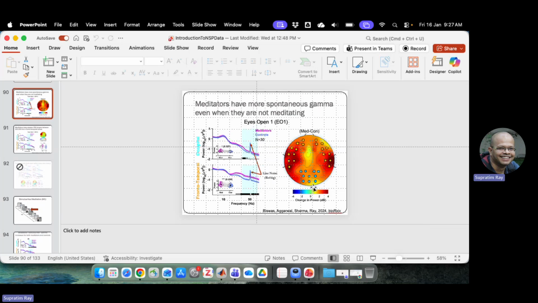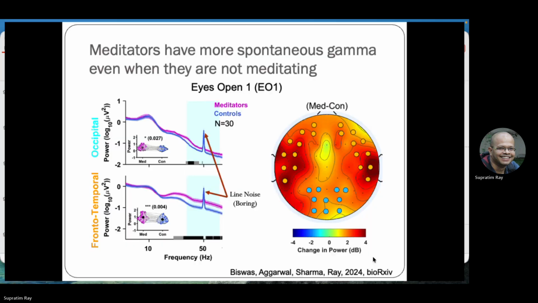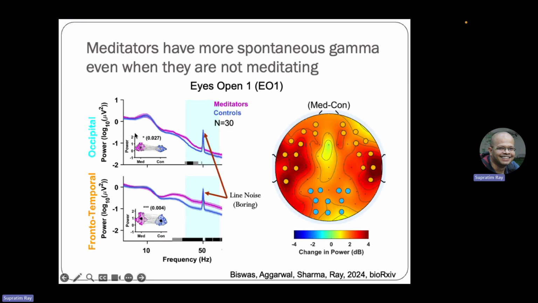Spontaneous gamma. This is the EO1 condition. These are the two PhDs. And here, this is the change in power computed between 30 to 80 hertz. So I can actually get these bar plots. Whatever I showed you, you can simply see it here. Okay, the topo plots,